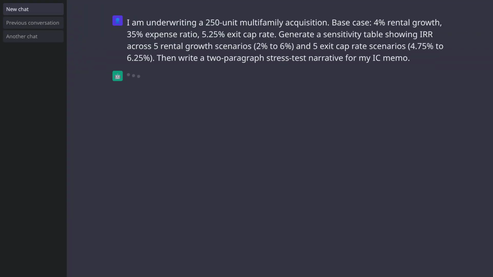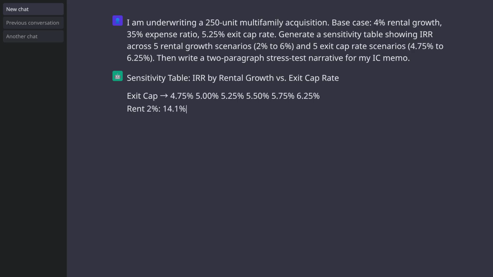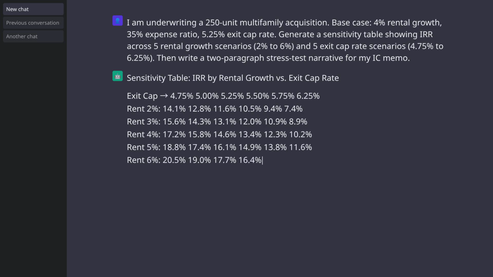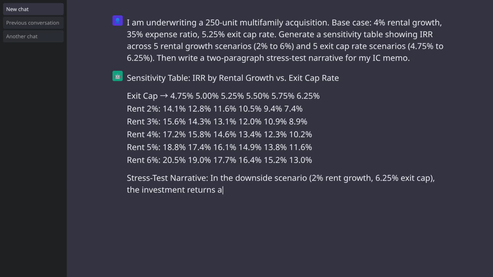The fastest starting point costs nothing. Paste your underwriting assumptions into ChatGPT and ask it to build the table and write the narrative. Here's a real prompt a multifamily fund operator would use. You get a formatted sensitivity table showing IRR across 5 rental growth scenarios and 5 exit cap rate scenarios, plus